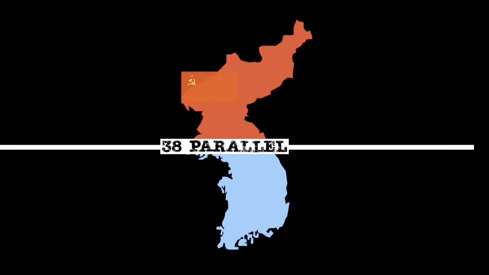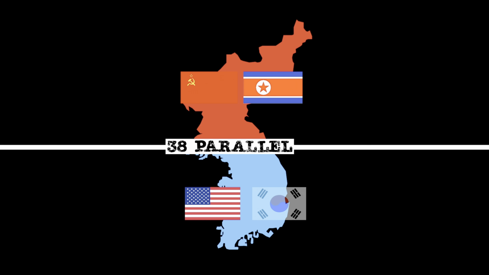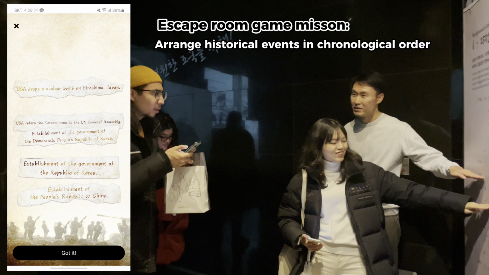Korea was colonized by Japan from 1910 to 1945. With Japan's defeat in World War II, Korea was liberated from Japanese rule. Along the 38th parallel, a boundary was established, leading to the creation of a communist state endorsed by the Soviet Union in the north and a capitalist state supported by the USA in the south. In the midst of escalating conflict between the two nations, at around 4 a.m. on Sunday, June 25, 1950, North Korea launched a surprise invasion into South Korea, marking the beginning of the Korean War.